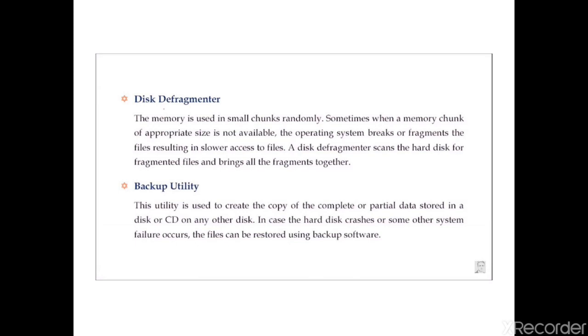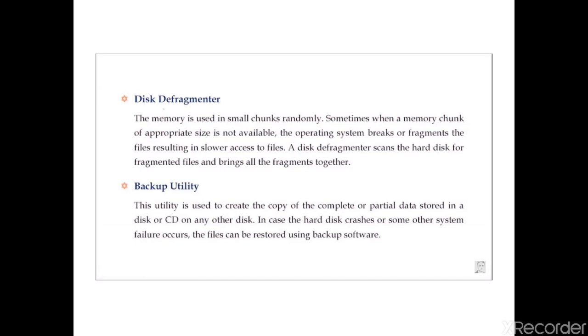So when a memory chunk of appropriate size is not available, the operating system breaks or fragments the files, resulting in slower processing of the system. A disk defragmenter will scan the hard disk and all those fragmented files will be brought together, and in this way we can use disk defragmenter as a utility software.